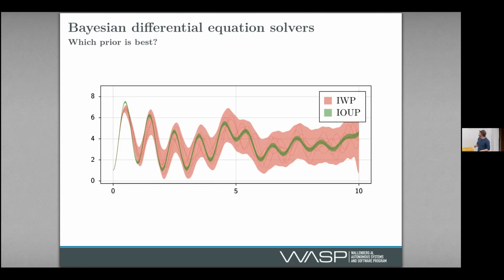Yeah, what's the solution then? Okay, so the solution, I now added a black line, and you can see that it's very much inside the green one, and of course also inside the red one because it's wide. But as you might have guessed, this was actually a semi-linear problem, which is why the integrated Ornstein-Uhlenbeck process works a lot better. And so the priors matter,